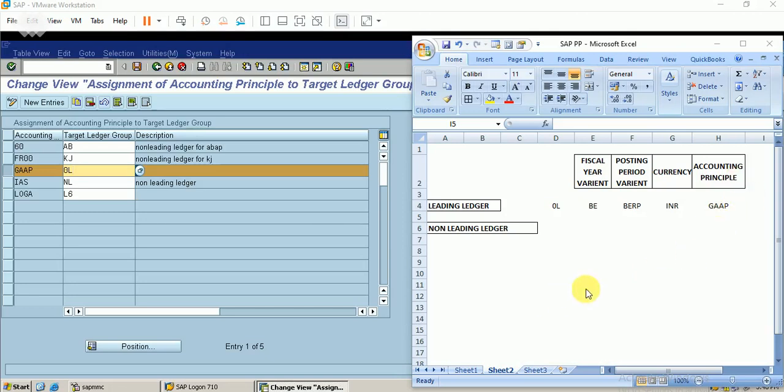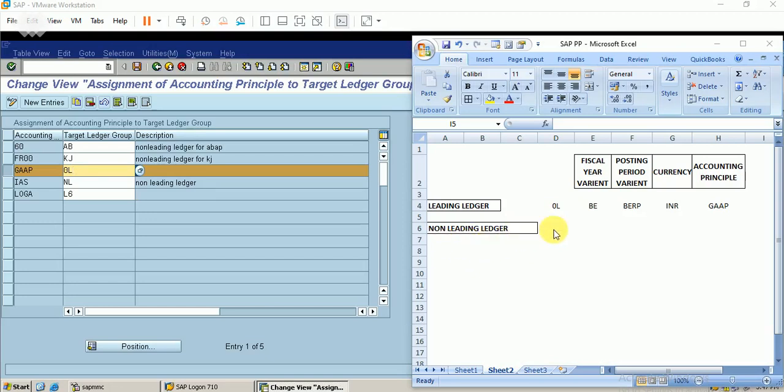SAP provides a solution for this. They don't want to maintain a separate company code or separate ledgers, so they can maintain them with these non-leading ledgers.